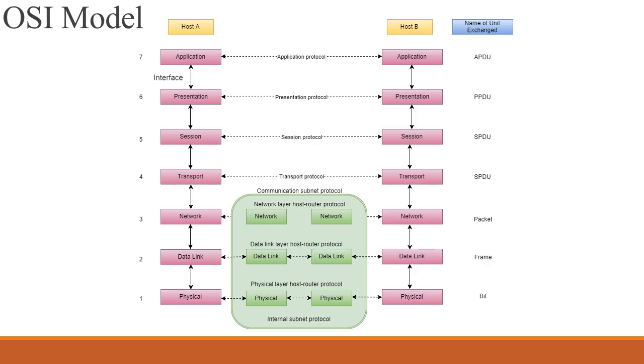Now let's see details of the OSI model. If host A wants to communicate with host B, it has to follow some set of rules. These rules are known as protocols. These protocols are grouped together to form a communication model. The OSI model is such a conceptual reference model in networking. It consists of 7 layers and protocols corresponding to each layer,